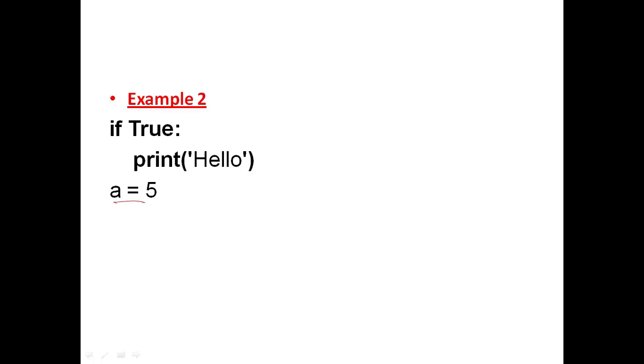Right, this statement is not part of the if statement. There is one block here, and it has just one print statement. It is very important to properly give the spaces in Python, otherwise it will provide you an error.